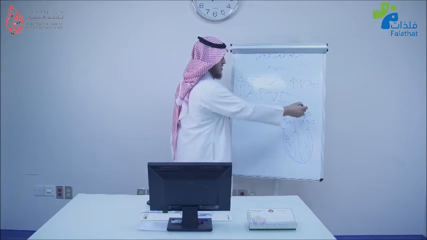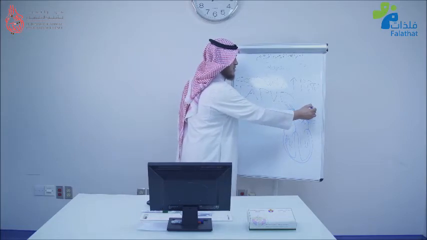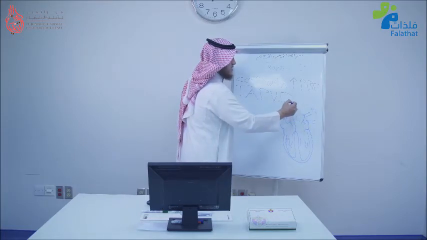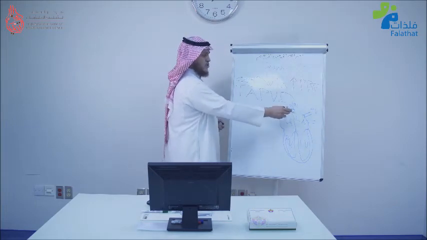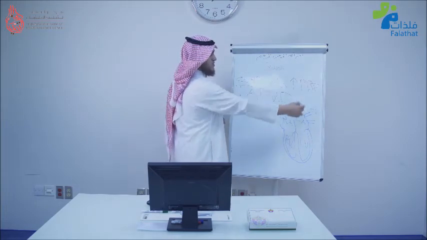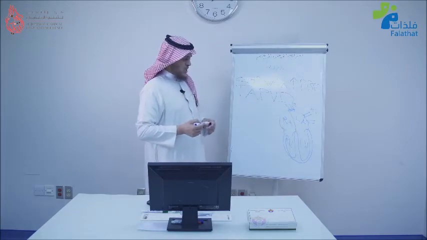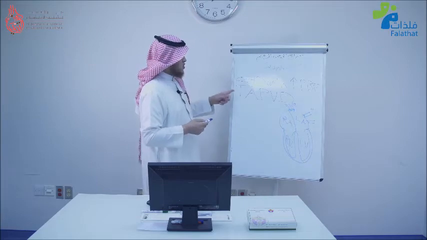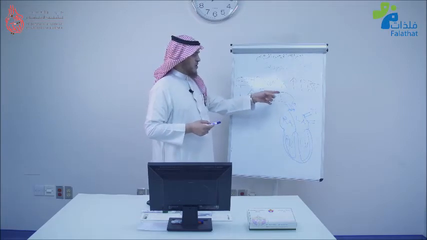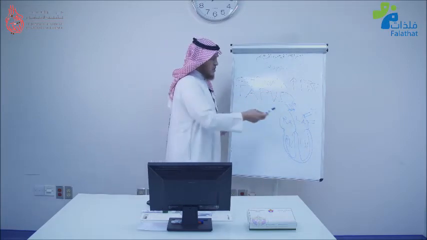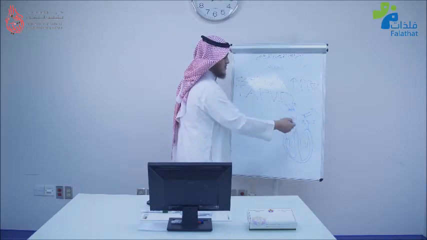And hence, these are the pulmonary veins. These are the left side and these are the right side. They come to the left atrium after being oxygenated from the lung. This is normal. So when we call total anomalous pulmonary venous drainage, that means these whole 4 veins, they are